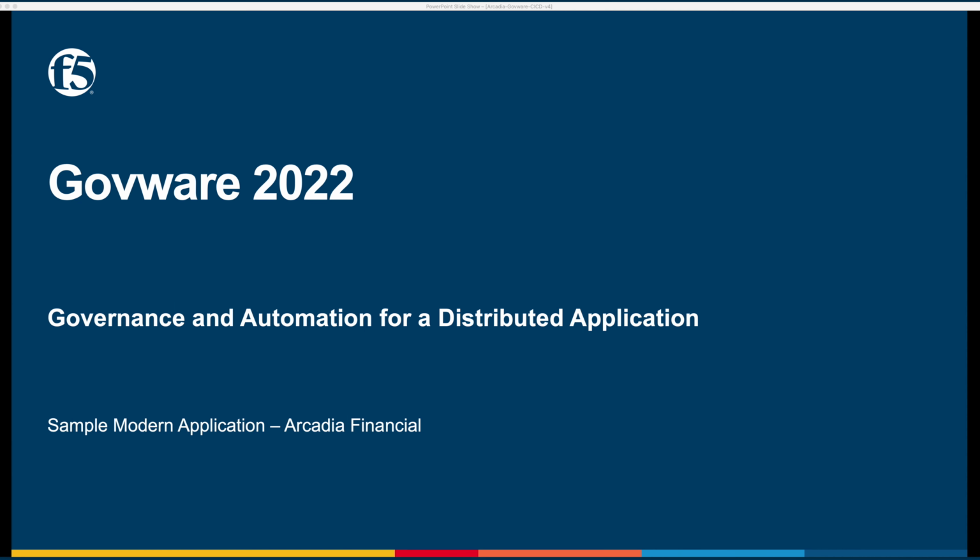Welcome to GovWare 2022. Applications are essential to our daily life. They are a critical asset for all of us as well as for organizations. Hence, for organizations, it is critical to ensure apps are robust, secure, fast, and appealing to users. To maintain robust, secure, fast, and appealing apps, it is important to ensure those apps are frequently released in